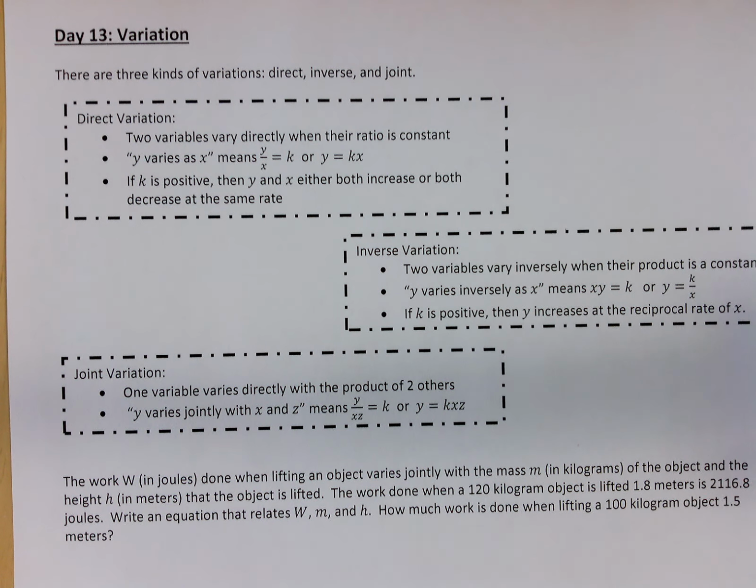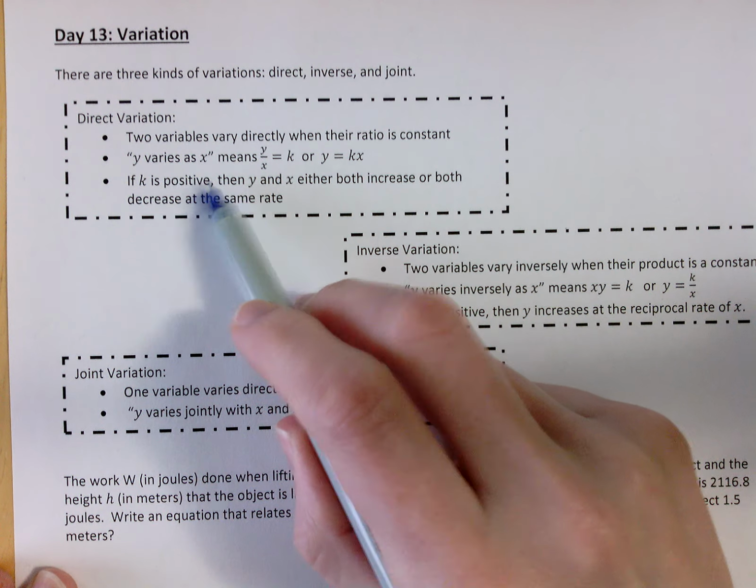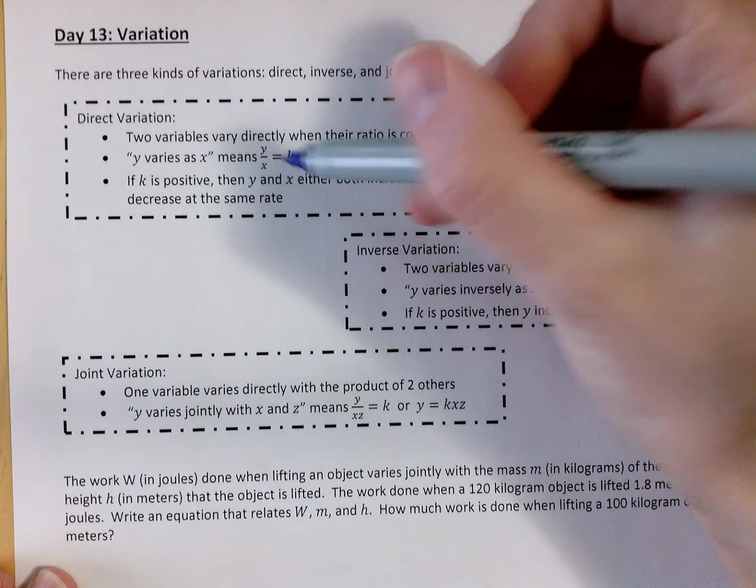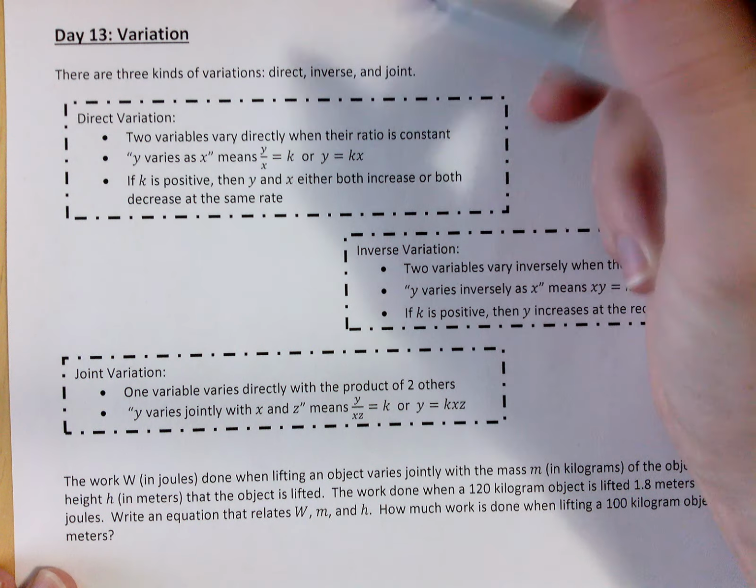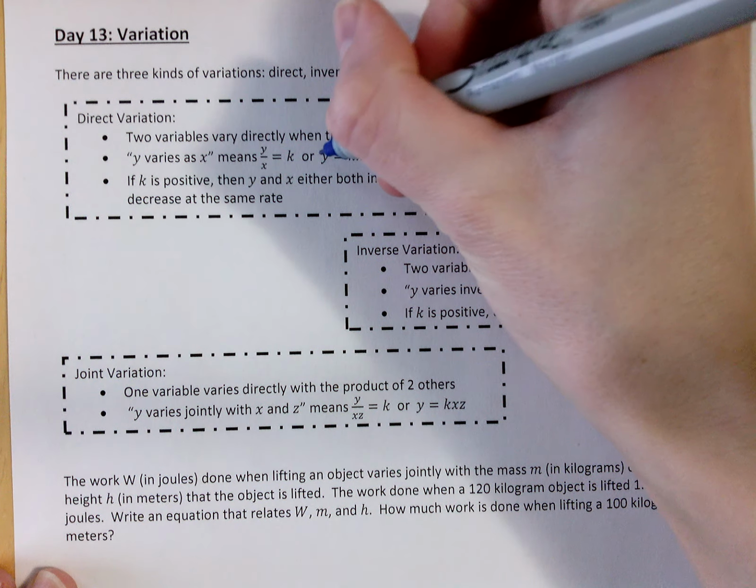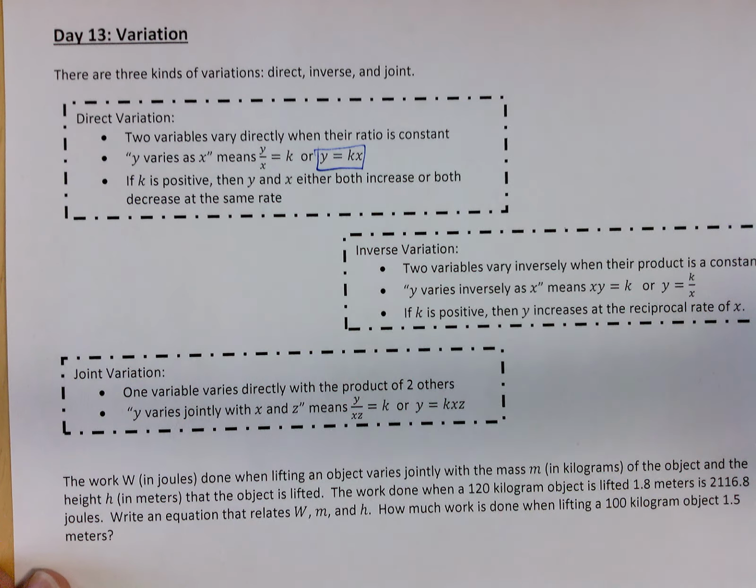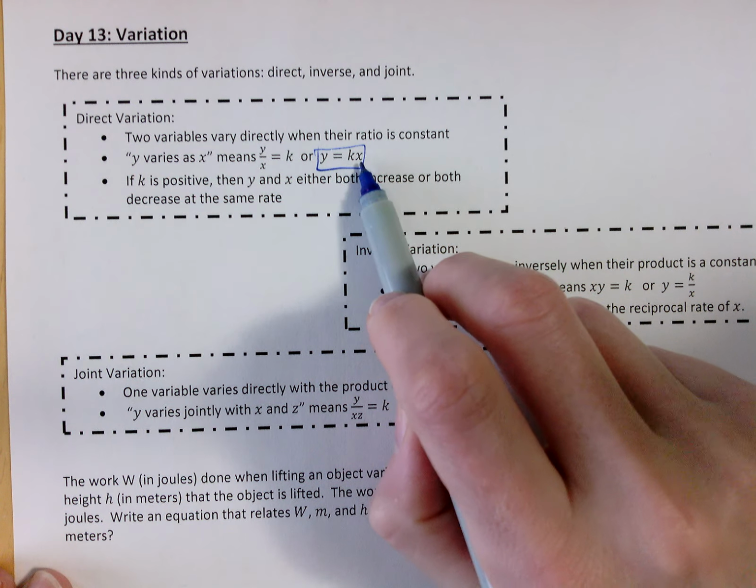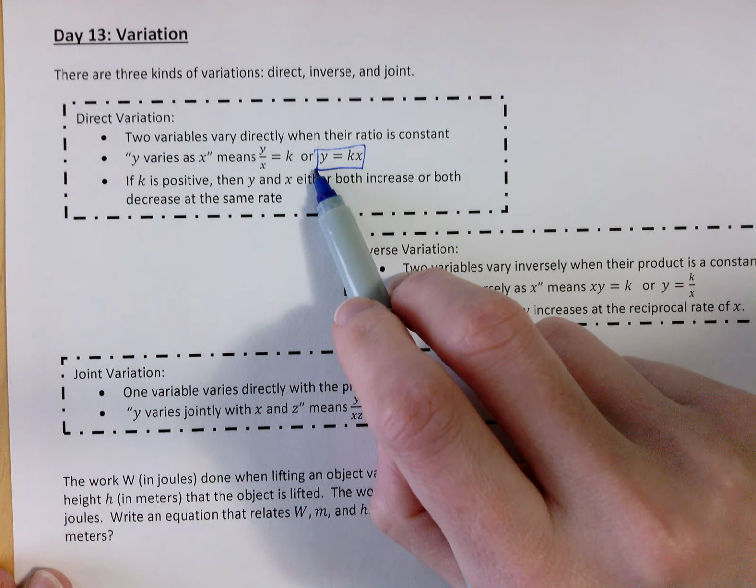When we talk about variation, first off, direct variation. Two variables vary directly when their ratio is constant. When it says y varies as x, or varies directly as x, which you'll see a lot, what that's saying is that if you divide those two things, you will always get the same answer. Or alternatively, and this is the formula that I use more in my brain,